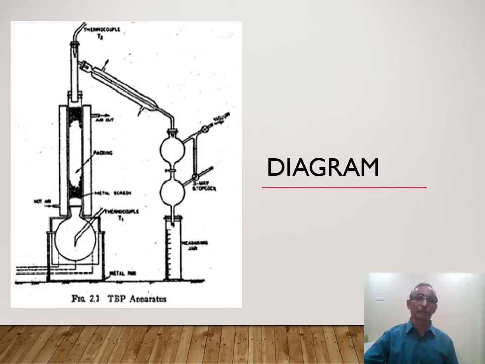So we check the refractive index immediately with the help of the refractometer, and whenever we observe a change in the refractive index, we change the measuring cylinder, and that approximately decides the change of the fraction. That is, the petrol is going to stop and kerosene is going to start. The next fraction is going to start. So the refractive index is the basic preliminary thing we use to adjust this.